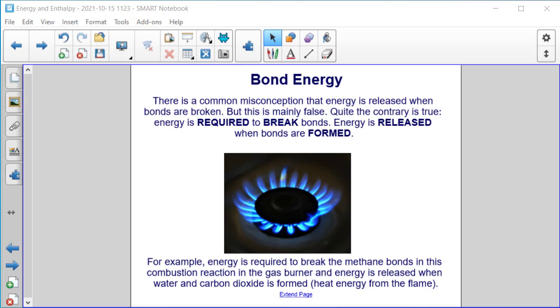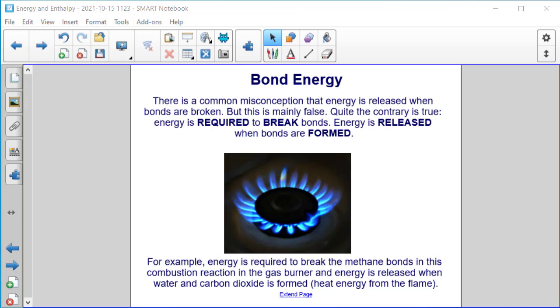In order to break bonds, we have to put energy in to break the atoms, to separate them. And then when those atoms rearrange and form something new in the course of a chemical reaction, when bonds are formed, energy is released. As an example, energy is required to break the methane bonds in the combustion reaction that you see in the gas burner, and the energy is released when the products are formed, when water and carbon dioxide are formed,